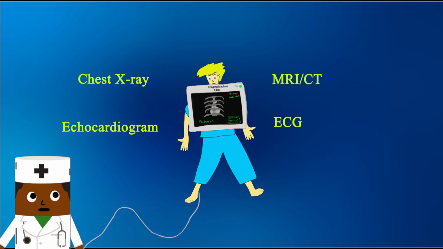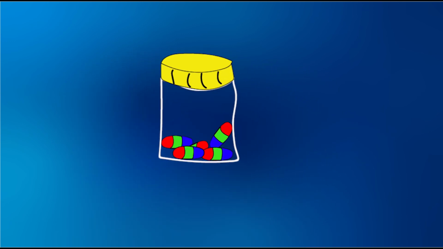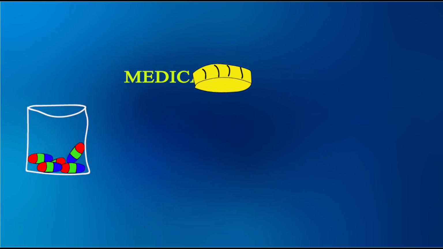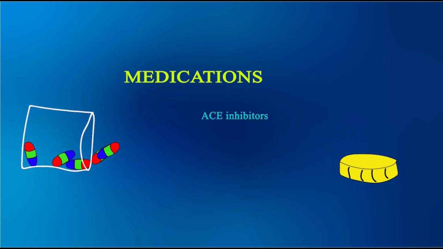Although we won't go into detail about the surgical and non-invasive procedures that are used to treat congenital heart disease, you should know about some common medications that are used to control symptoms and to treat the disease. These include ACE inhibitors that reduce blood pressure and dilate blood vessels, beta blockers that lower the heart rate and blood pressure,